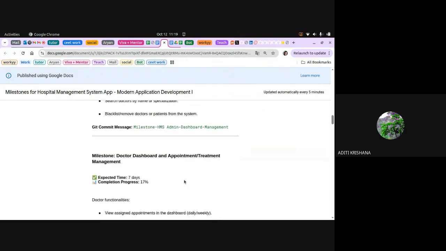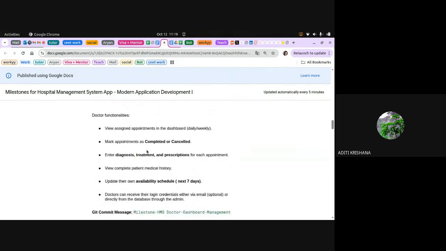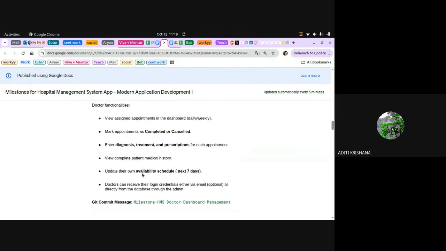Okay, in the doctor's dashboard, that is milestone 4, what you will be able to complete is the last 2 points. And then you can check view assigned appointments on the dashboard, and you can give 2 buttons, completed and cancelled. Okay, so these parts will be done. In between, 2 points are left, that we will check afterwards. Okay, first try to complete the first 2 and last 2 points of milestone 4.